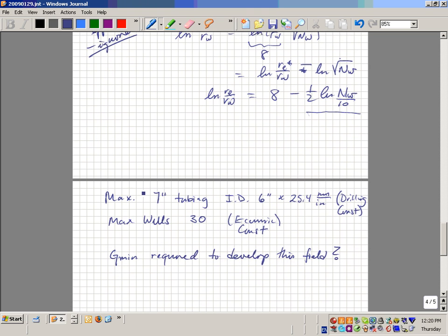So you've got the drillers giving you a maximum tubing size. You've got the economists giving you a maximum development project, 30 wells. And we need to find out how large this gas field needs to be. And then we can look at the geological estimate of gas in place and see if it's within their range of the plus minus